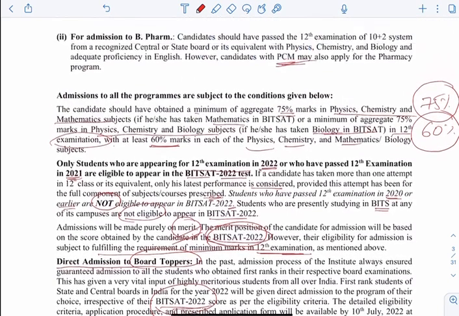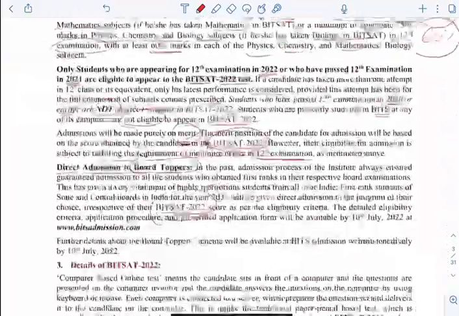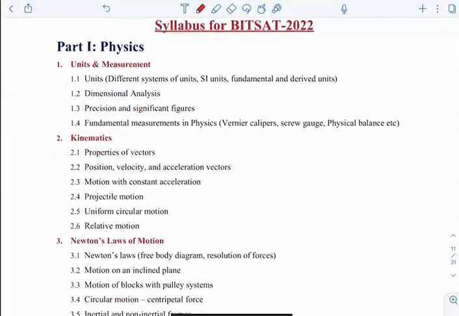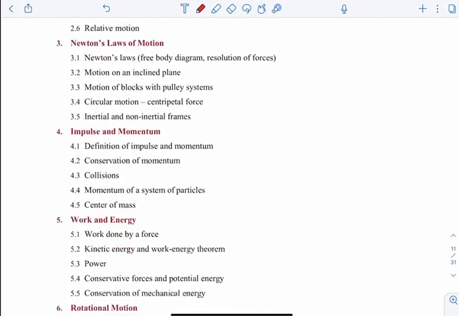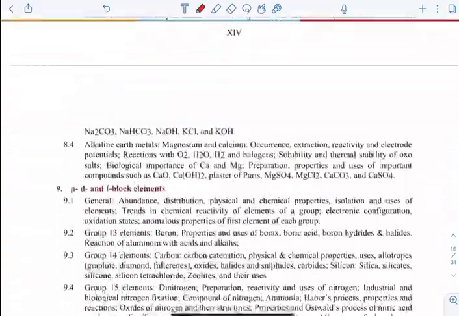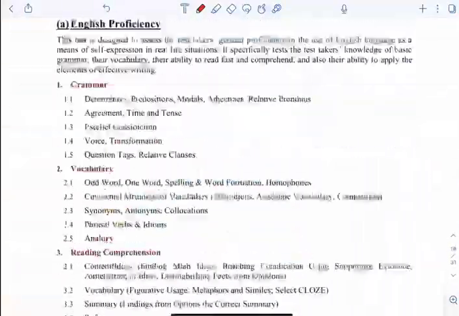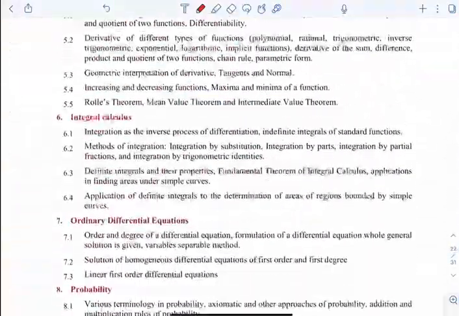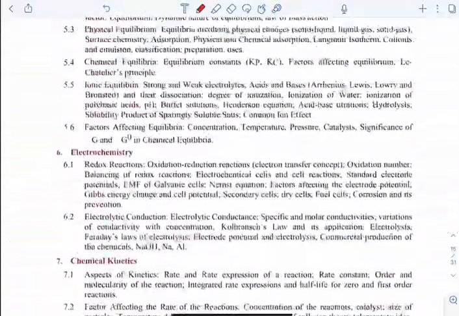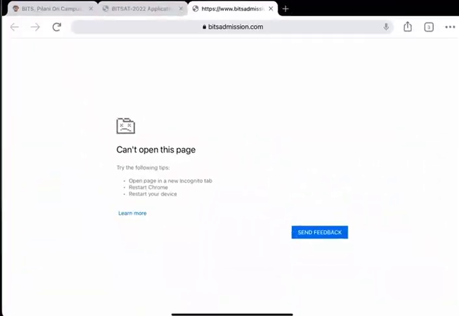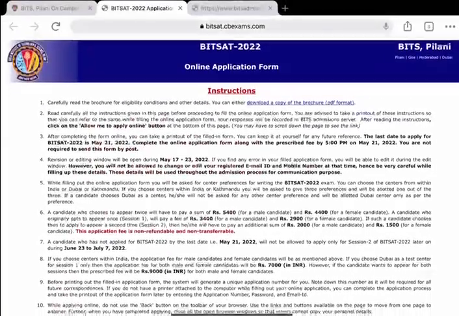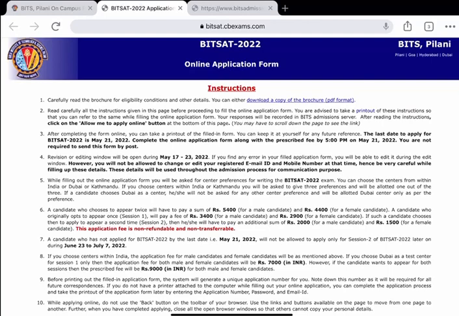Okay, now let's see the syllabus. They have given the syllabus in this PDF itself. See, here this is for physics, and if you scroll down, there are all the subjects like chemistry, maths, English, logical reasoning, biology. They have provided everything. You can go through this brochure to get the detailed syllabus. And then let's go back to our website,